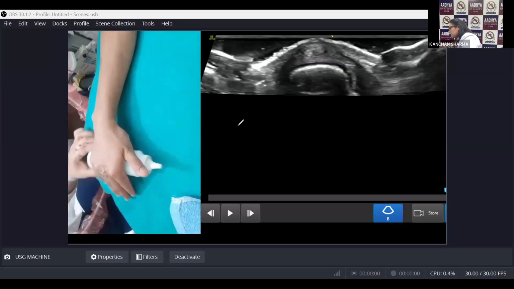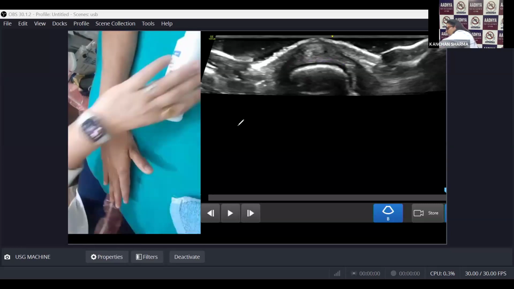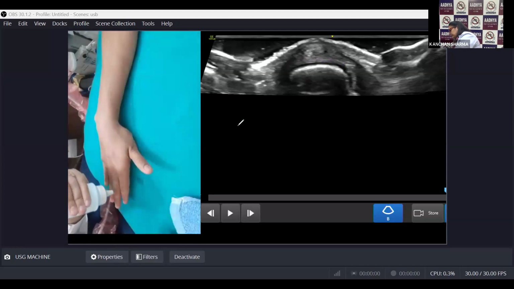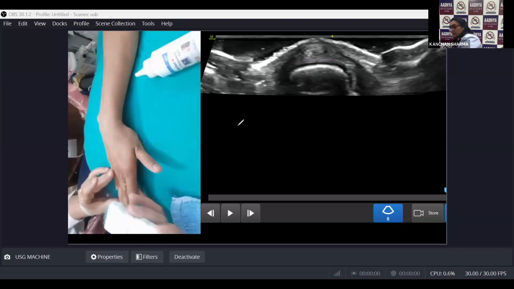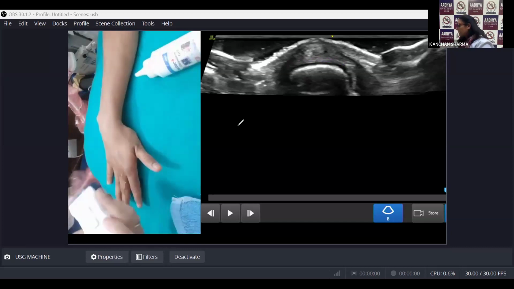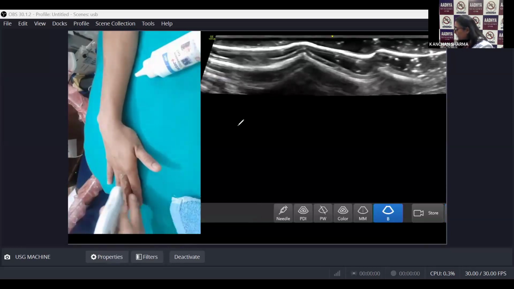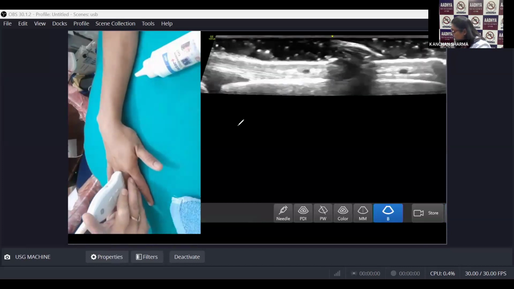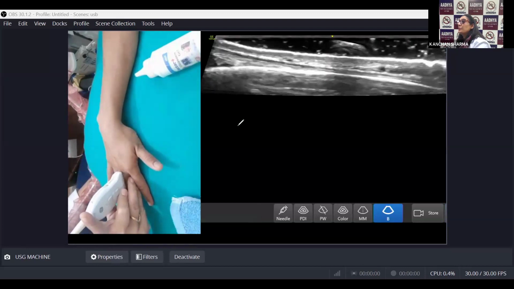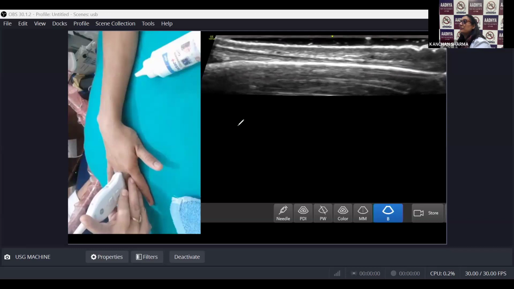So now we will see the tendon in the longitudinal axis. For that also, I will be using the gel standoff. So again, same, back to our home page view, right? Now what I'm going to do is, I will just keep it over the metacarpophalangeal joint, okay? So once you are keeping it here, you should be able to see the